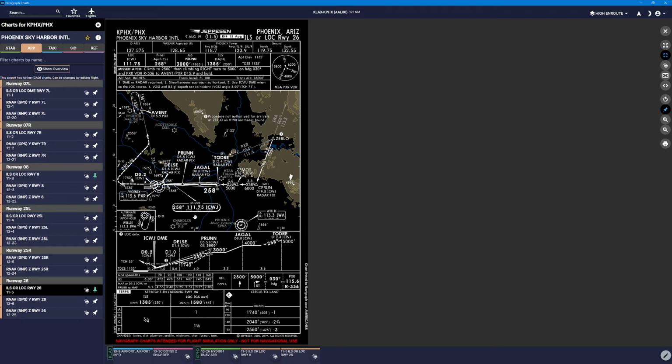Remember, Limo was out here, and we were going to just go straight. Remember, we were just going to say go straight until we were instructed to turn left. At some point, air traffic control will tell us to turn left at whatever degree, and get us set up to get lined up with runway